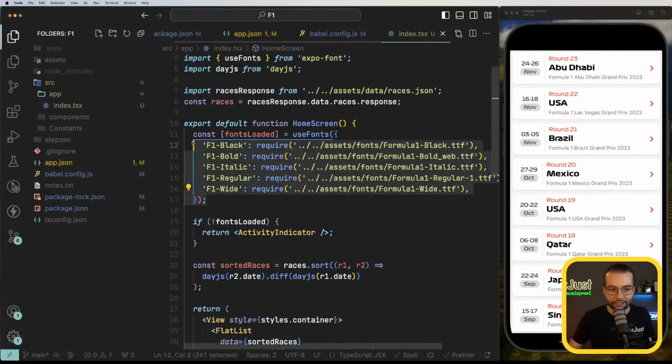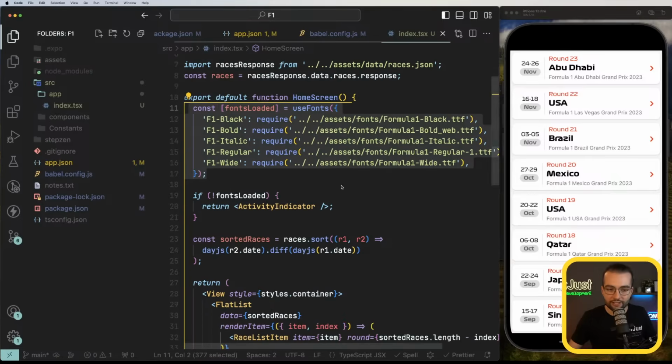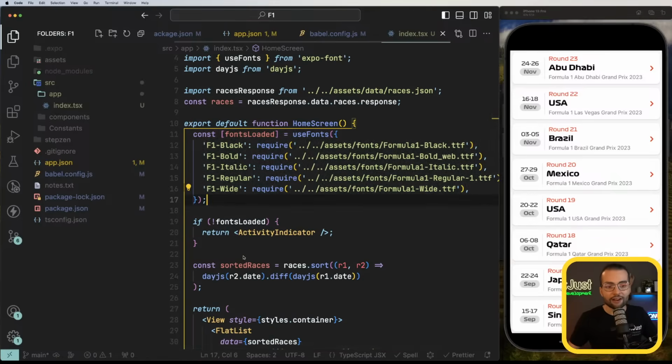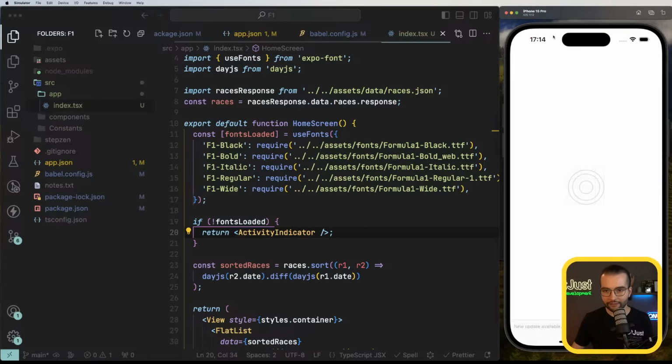And respectively, it would also load the fonts and so on. Now, with this approach, index.tsx is not the entry point in our application. It's a separate screen. So if we would go to a different screen, we would not have the same fonts there. Maybe I can show that right now